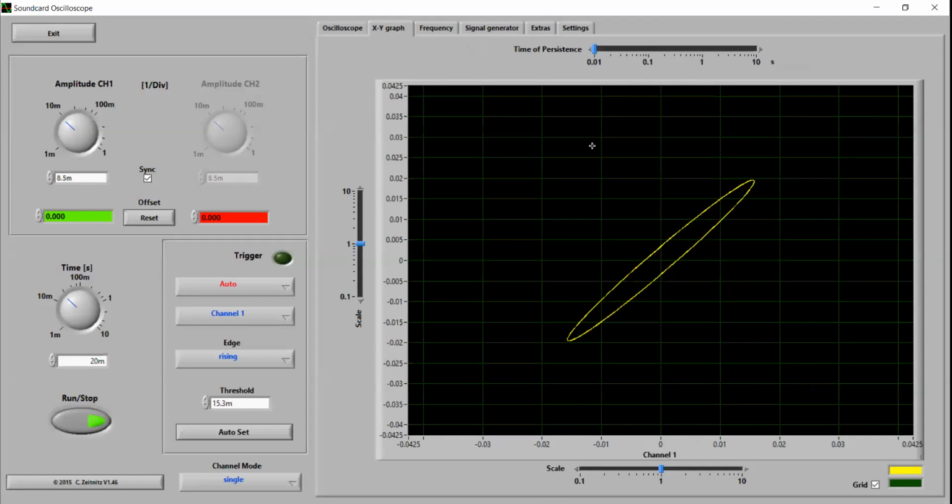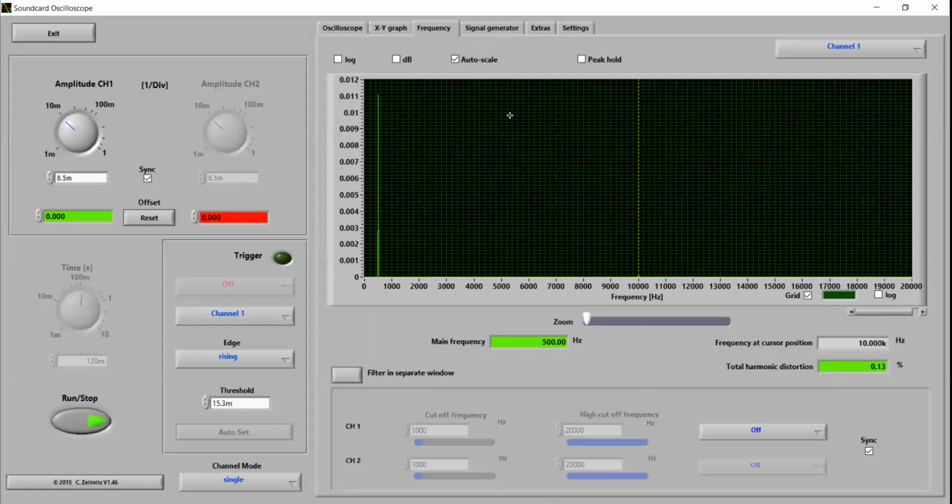Sorry, frequency. Now click this green value, this green line that is there, just click over there. Click. And now this zoom you can see. Can you see this zoom? Just below, just slide that towards the right.